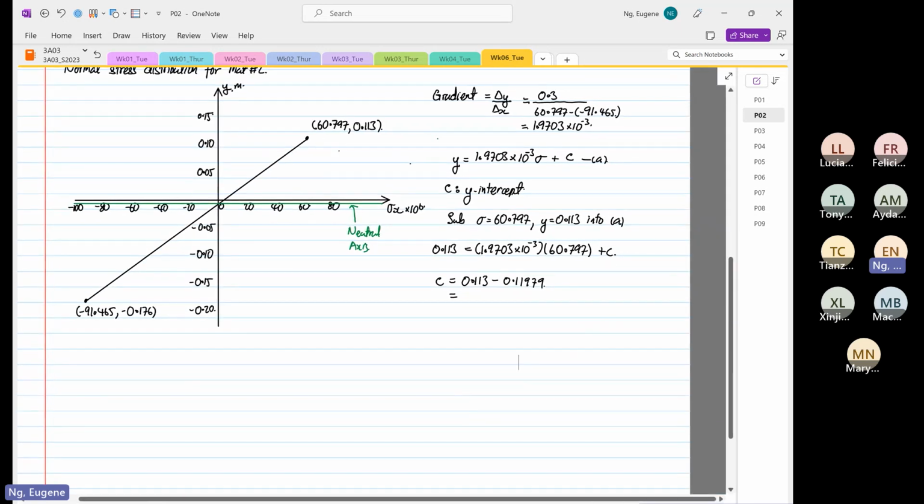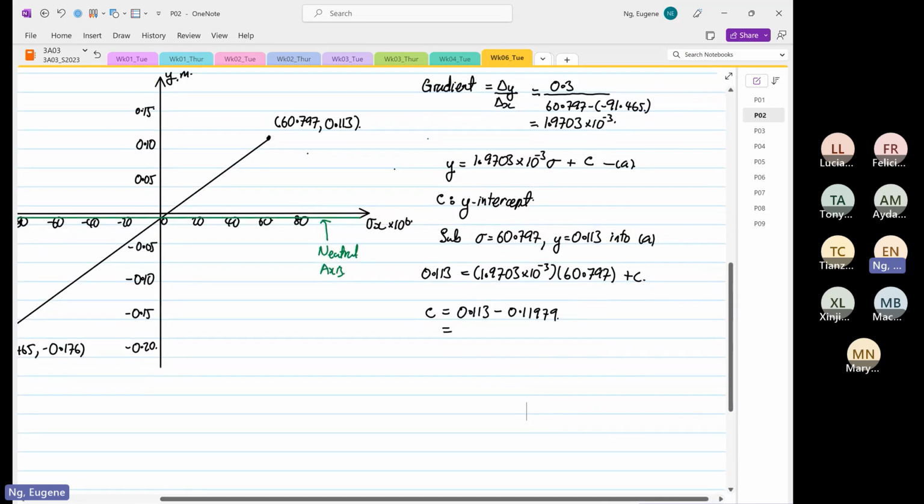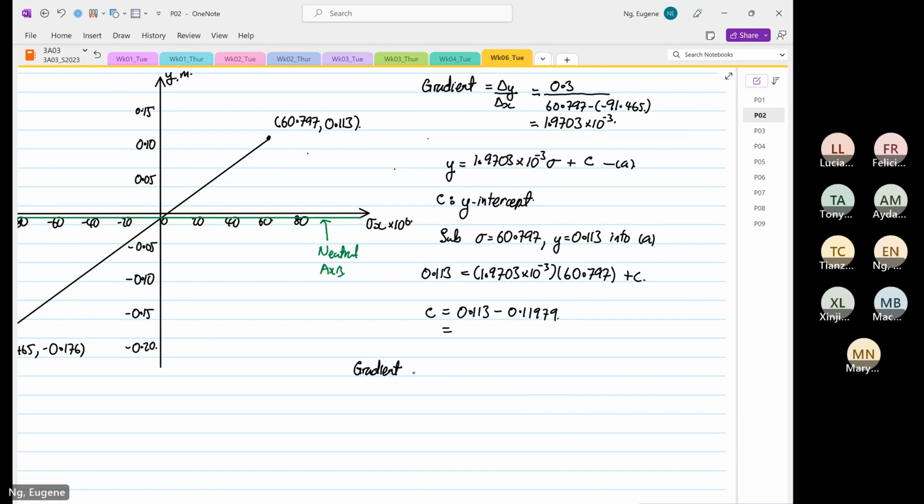Let me do everything in meters, or in Pascals. So gradient is equal to delta y over delta x, and this is in meters, and this is 60.797 times 10 to the power 6 minus minus 91.465 times 10 to the power 6. Okay, so this will be equal to